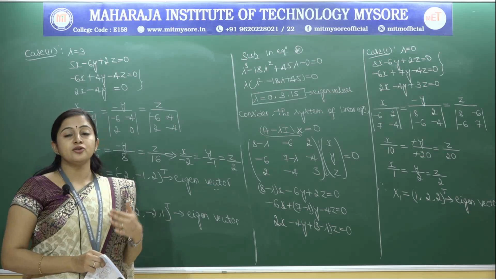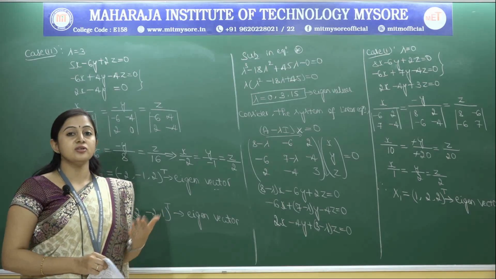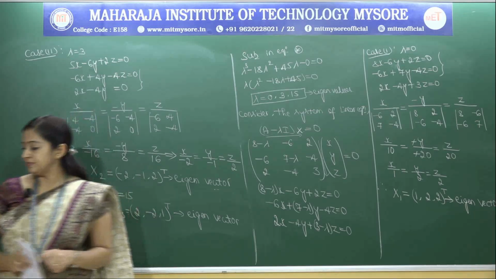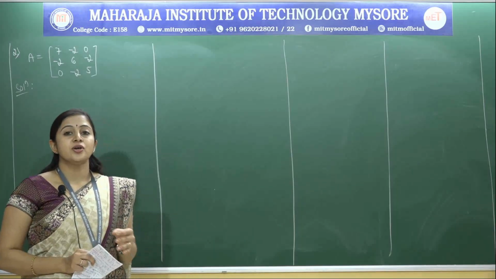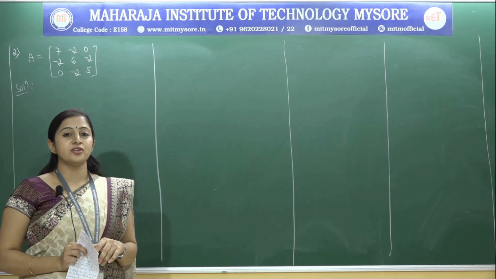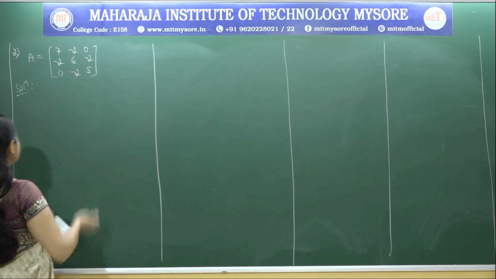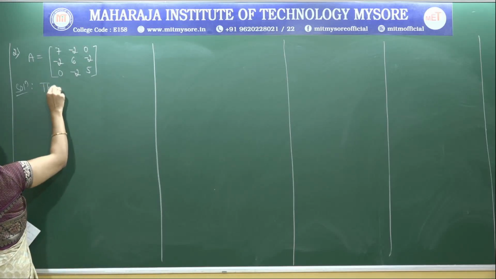So these are the methods to find the eigenvalues and the eigenvector to the corresponding given matrix. So next problem. The second matrix, you have to find the eigenvalue and the eigenvector to the corresponding matrix. So first, you write the characteristic equation. The characteristic equation is